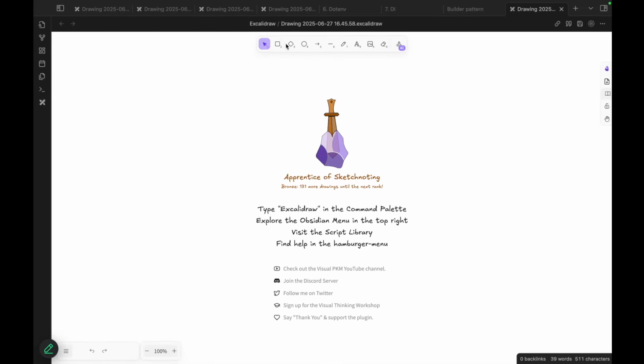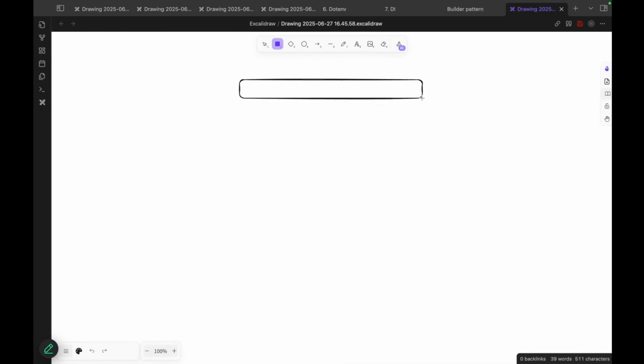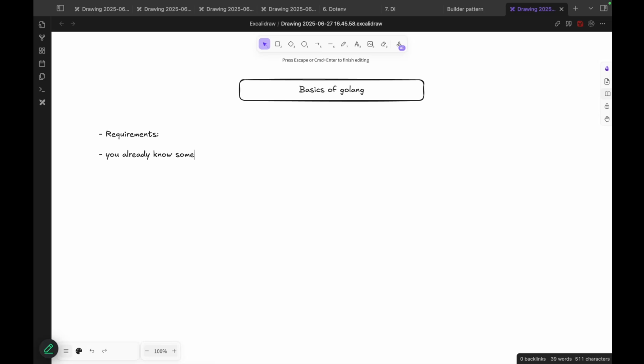So now we are actually going to see some basics of Golang. And these basics we are going to see from the perspective that you are somebody who already knows some programming language. So the requirement to understand here is that you already know some high level programming language,